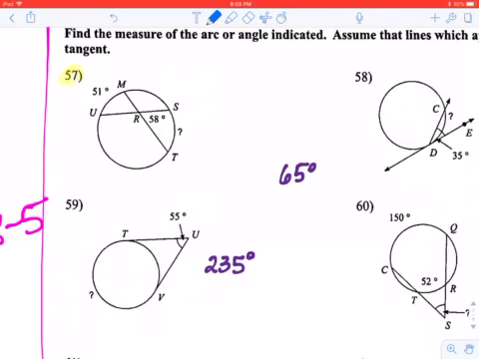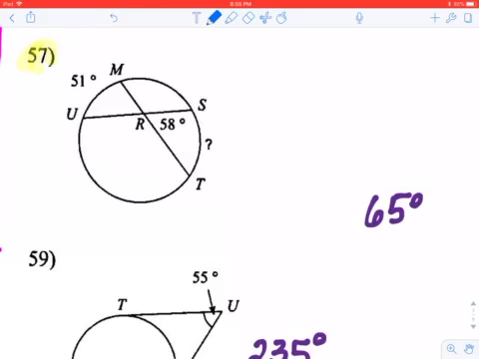So for that one, here's my formula. Remember we talked about this in class. You have to ask yourself where the vertex is. Like a game show, where's the vertex? So my vertex here is inside the triangle. So the formula for in the triangle is the angle equals 1/2